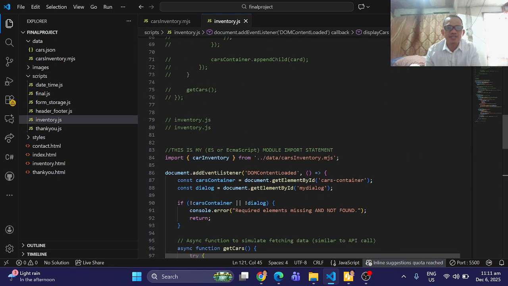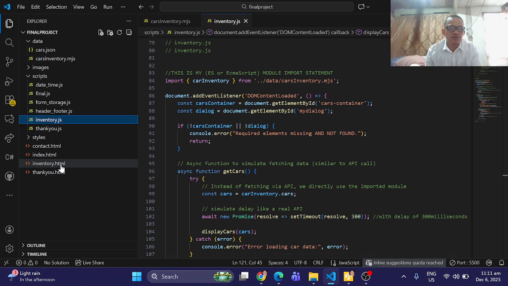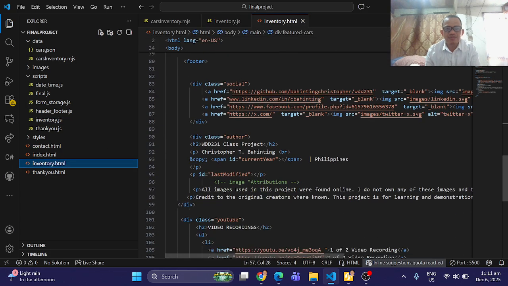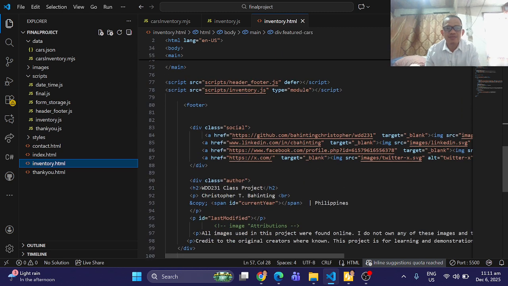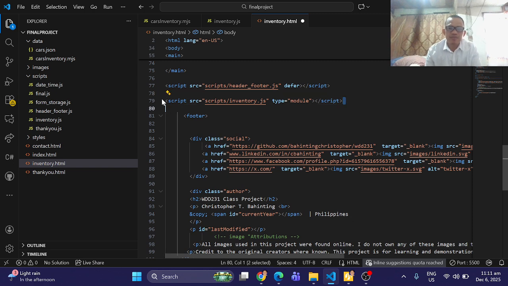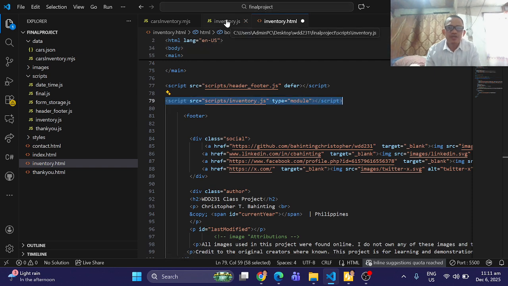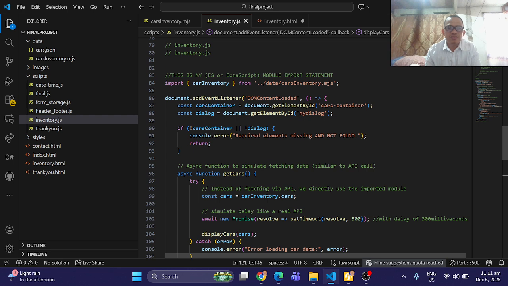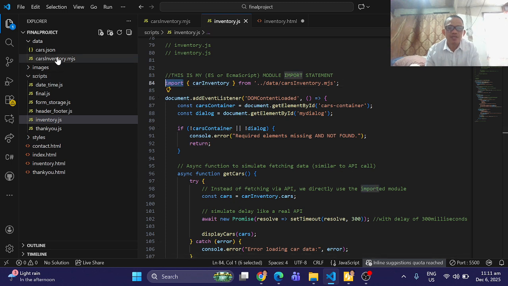Inventory JS is also connected to our inventory HTML at the bottom, with the type of module. So here in the inventory JS, we are importing the data from the inventory MJS. From the name carInventory, we are accessing that.